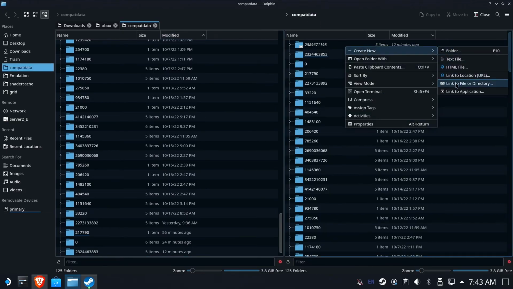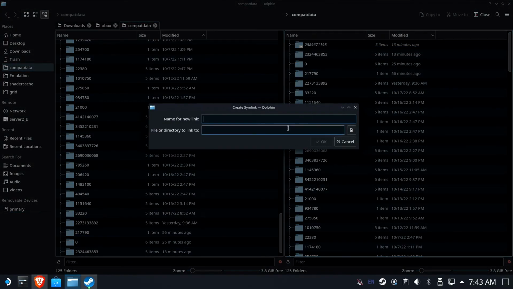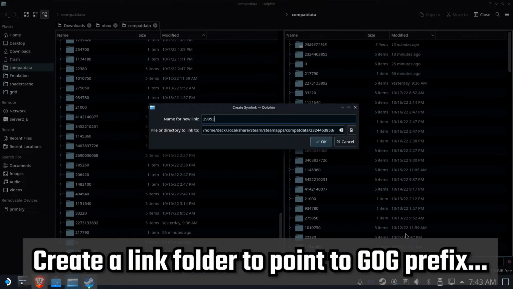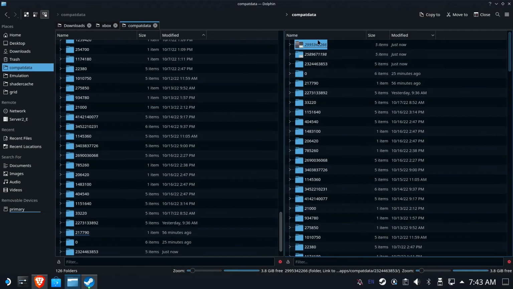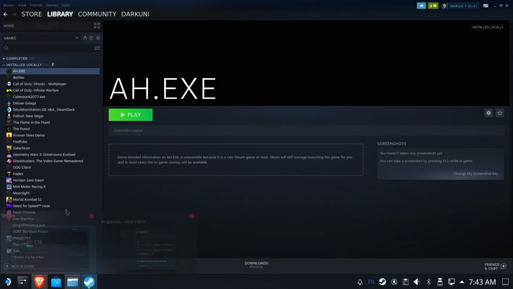Create new, link to file or directory, link it back to the original Proton prefix, and let's put in 9953422266. Okay, so now we've recreated a symlink for the Proton prefix used by